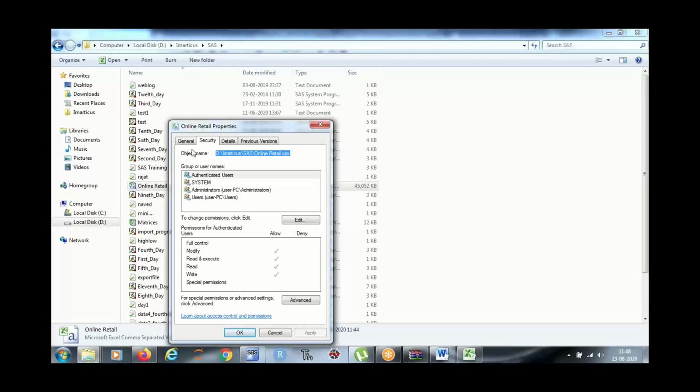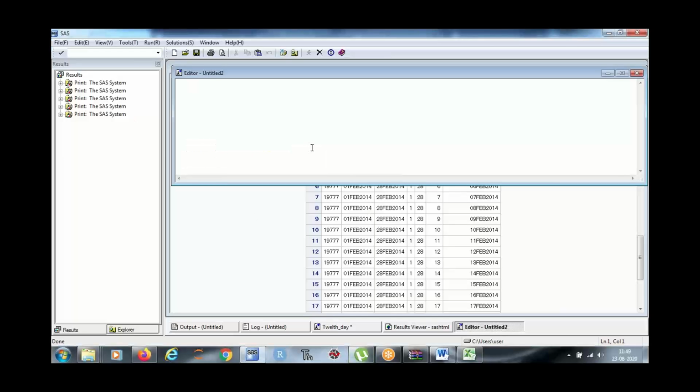Copy this, and you can write a program. Proc import, right? Datafile is equal to this, out is equal to online, DBMS is equal to CSV, and run.